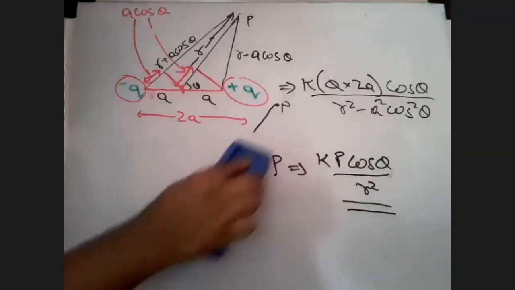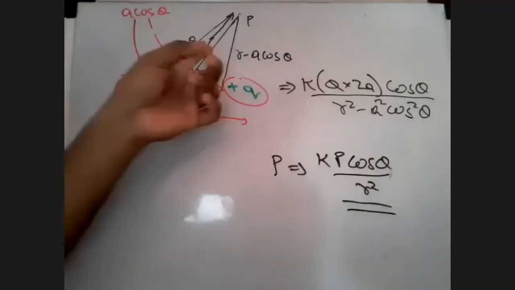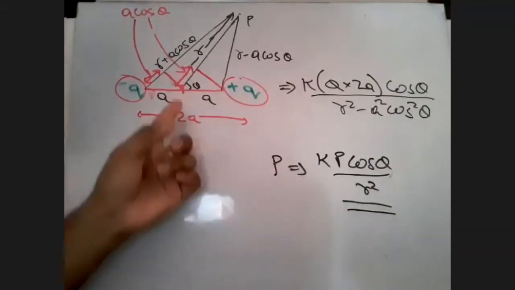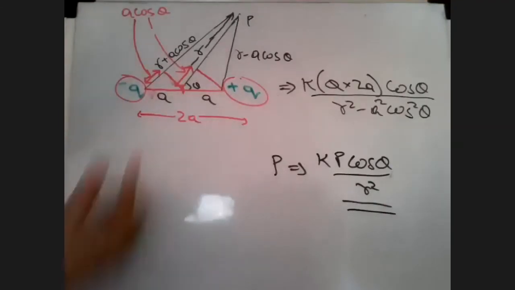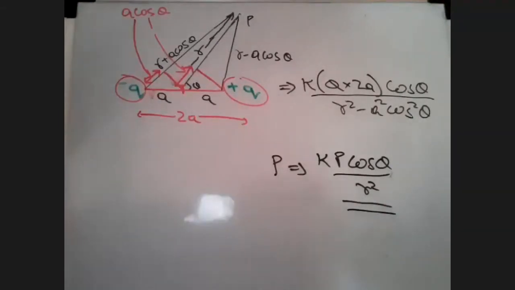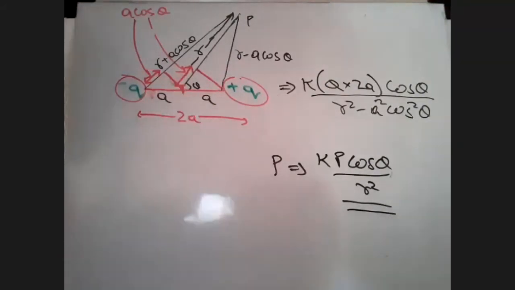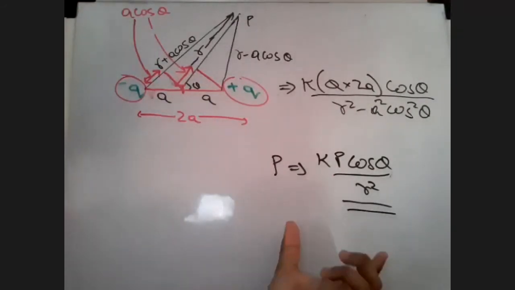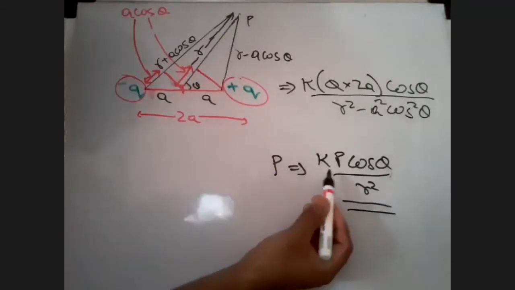Sir, but it is not for all cases. No, but why is it not for all cases? Here r is quite large in magnitude compared to a square cos square theta. It's quite large compared to a cos theta, to this a over here. We took the component a cos theta. It's quite large, so we just neglect it. It's a very small magnitude thing. Ultimately, we have to come to a general solution. That's all it is. Nothing so much. Don't worry. Okay. Anyways, now looking at this formula.